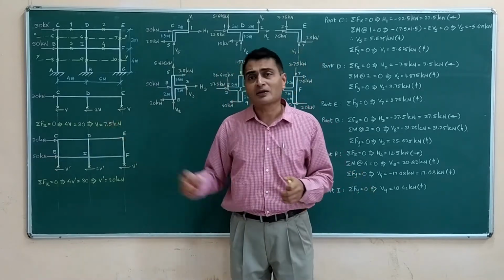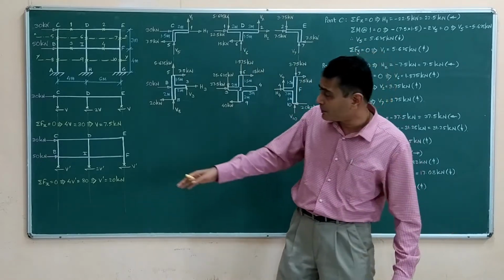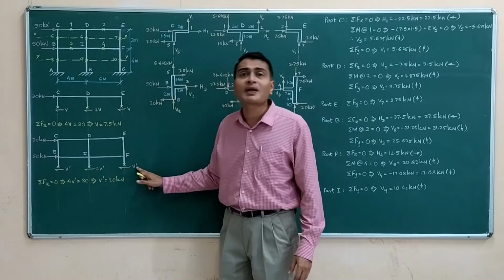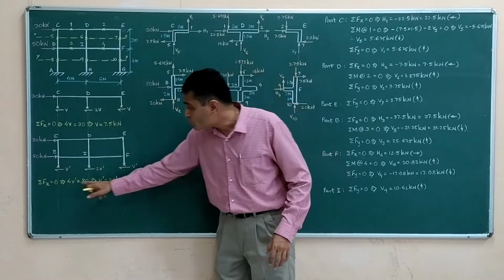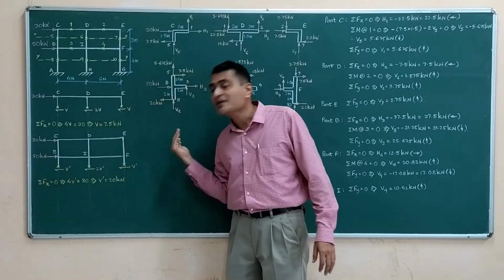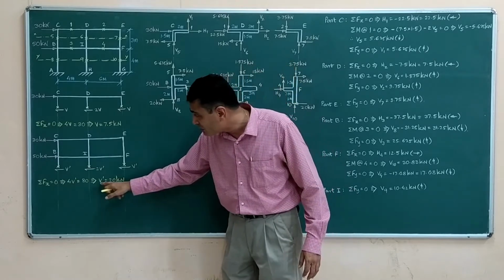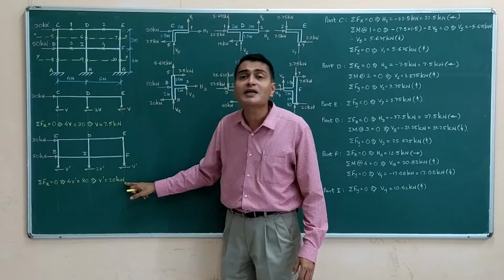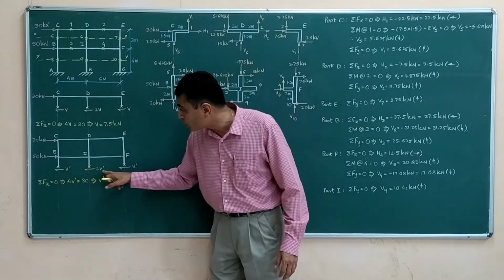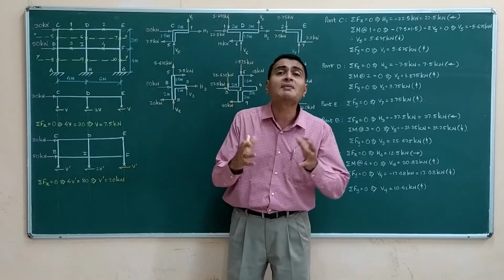Now for this part, isolated and its equilibrium being discussed, when I apply sigma Fx equal to 0, V prime, 2V prime and V prime will make it 4V prime. So total 4V prime leftwards is equal to 80 rightwards on that portion, 50 plus 30. That is giving me V prime is equal to 20 kilonewtons. That means this is 20 kilonewtons, this is 20 kilonewtons, and this will obviously be 40 kilonewtons, 2 times V prime.